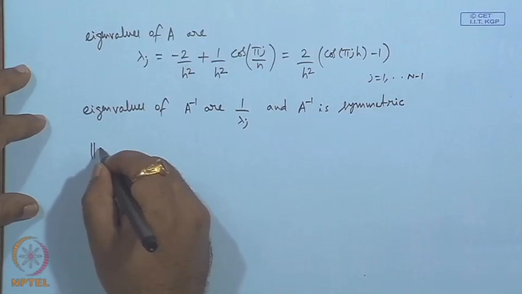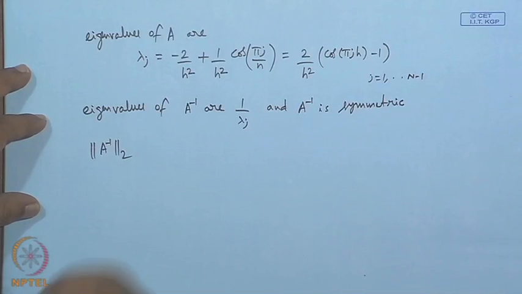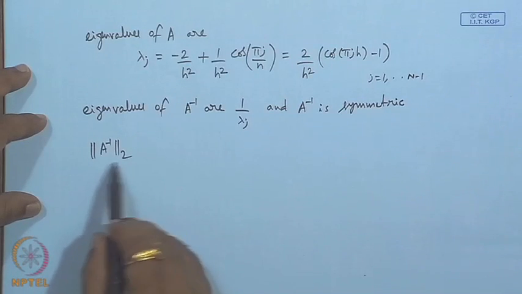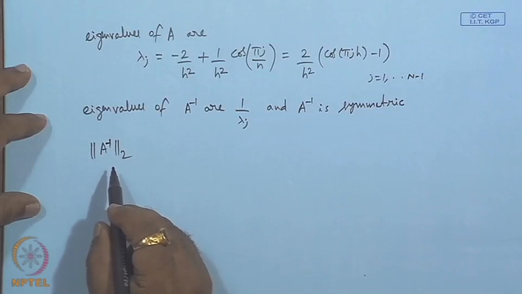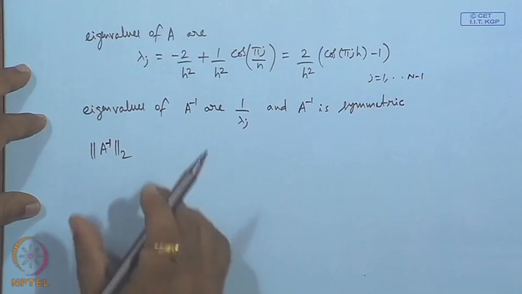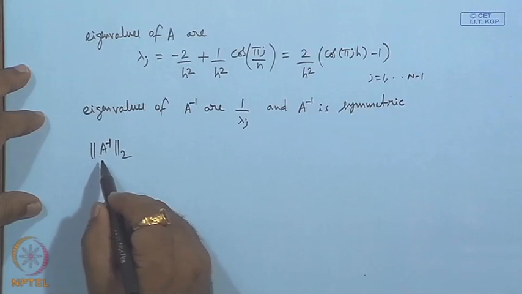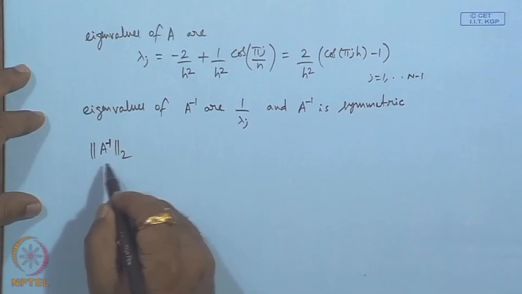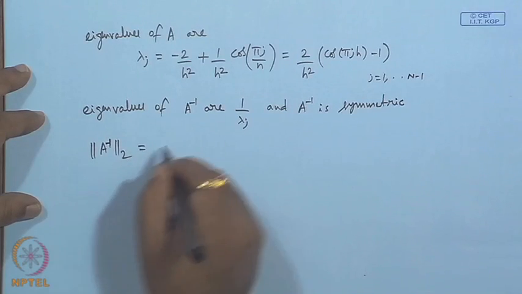Therefore, for the 2 norm, I have given this in one of the lectures, so you may refer. For the error to be bounded, there is a condition I have stated: the norm of A inverse must be bounded. So, with the 2 norm,